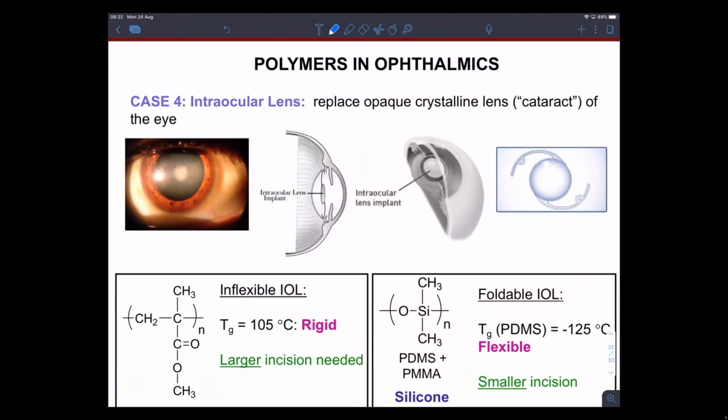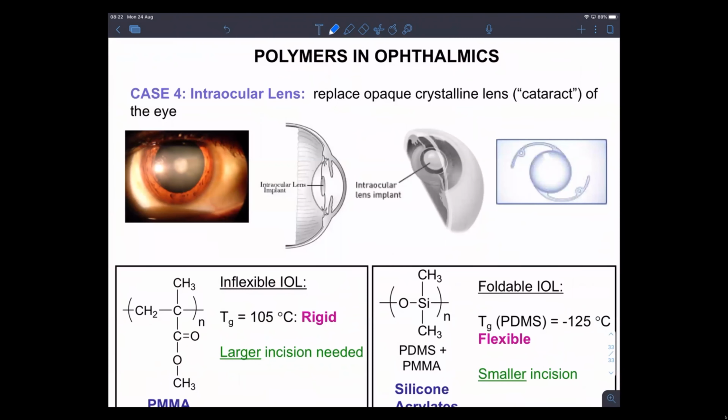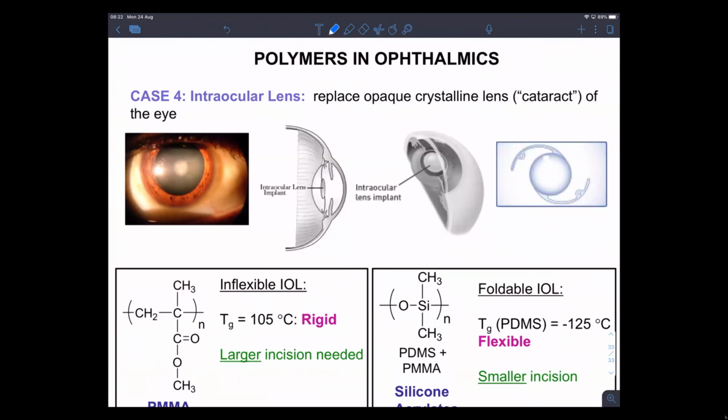So then we also have polymers in ophthalmics. We're looking at using intraocular lenses there, so you can replace these cataracts using a polymeric material. So back in the day, I think there was a lot more PMMA. Actually, you used to put glass